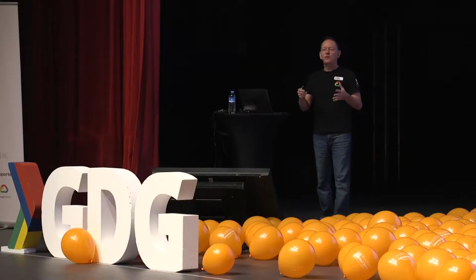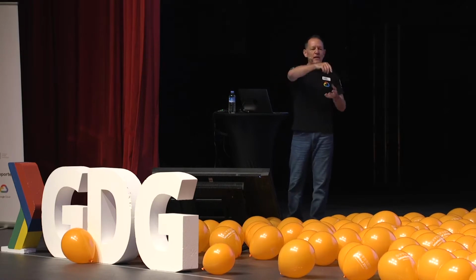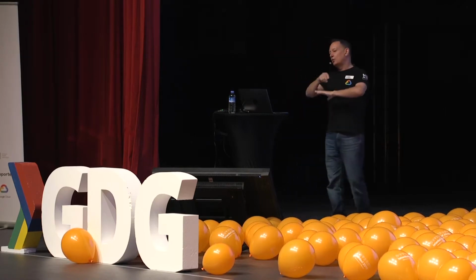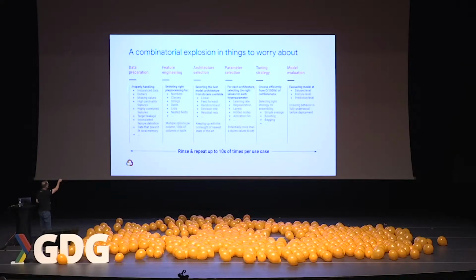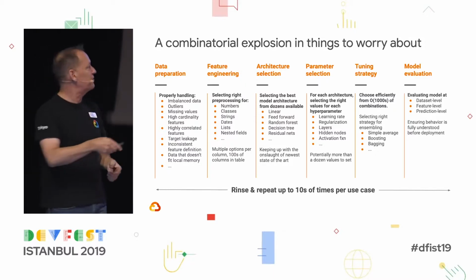Now, the problem with going into this type of model is that the range of choices you have to make goes up dramatically. You have this multi-dimensional range of choices that you have to deal with. So you have to first get your data ready. If you're not a data scientist, you may not be thinking about all the things that are important. You may have blank values. You may have incorrect values that skew your data. A data scientist will go through and scrub that data very, very carefully to make sure it's correct.